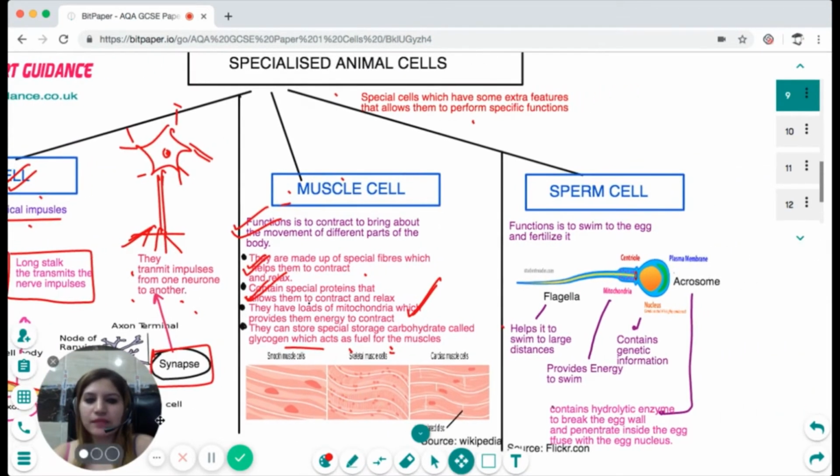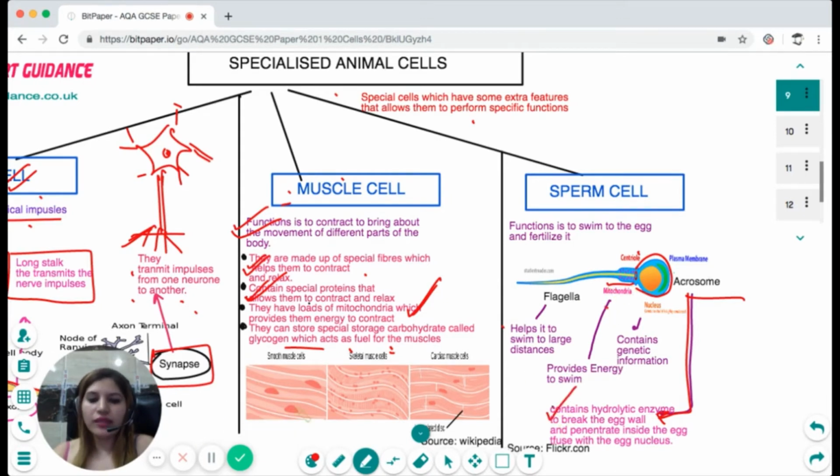Next is the sperm cell. Now, if you look at the sperm cell, it looks like this. At the top, there's a head which has an acrosome, and this acrosome contains hydrolytic enzymes which break the egg cell wall and penetrate inside the egg to fuse with the egg nucleus. The middle piece has mitochondria. The mitochondria provide the energy to swim. The nucleus contains the genetic information, and the flagellum is a tail-like structure which helps it to swim to large